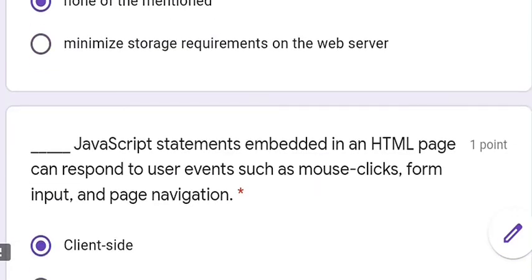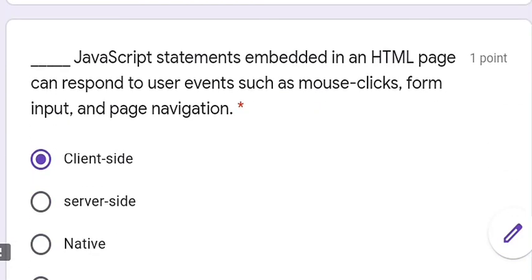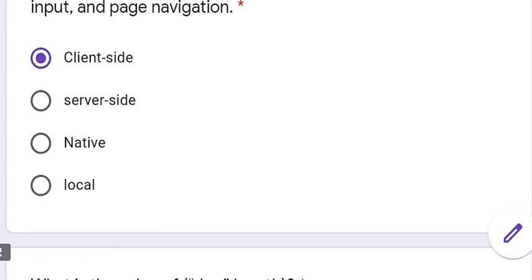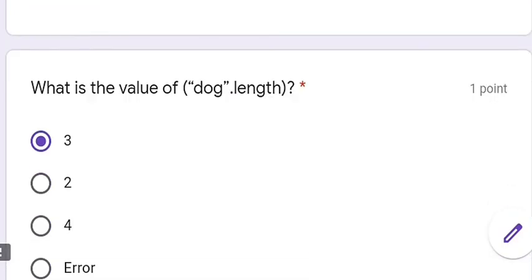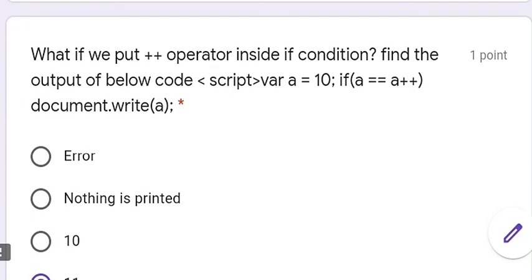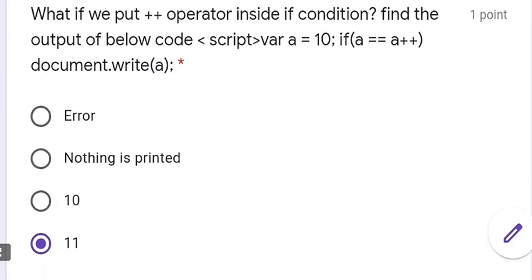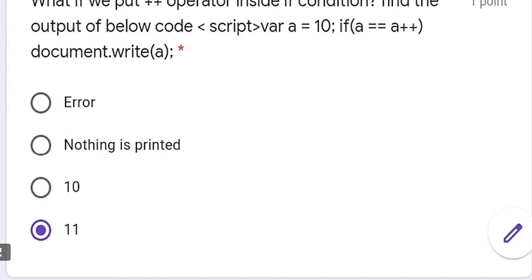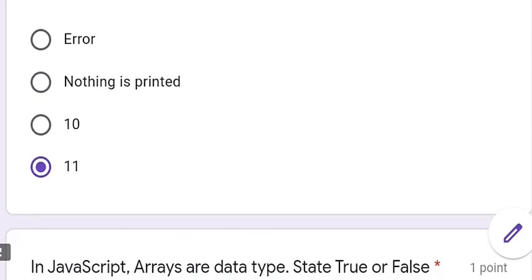Everything is done at the client side in JavaScript. Doc dot length, 3 is the answer. And for a plus plus, finally a is compared with a plus plus, and a becomes 11, incremented by 1, and the value of a displayed is 11.